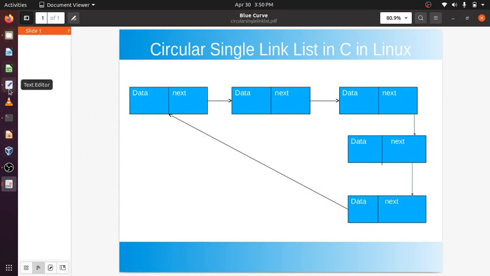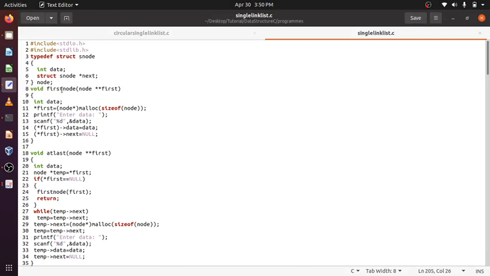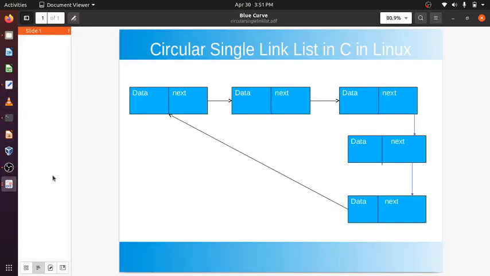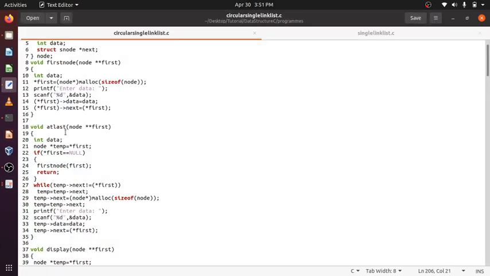So first data, first next null, but here first next will be first. Now in a single linked list the last element will be null, but here the last element will point to first.